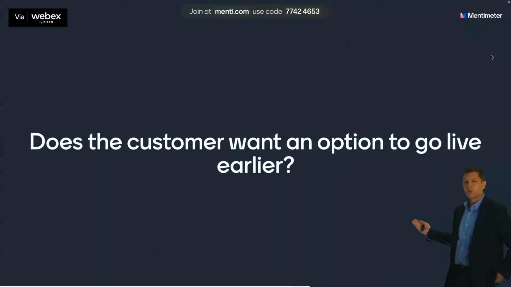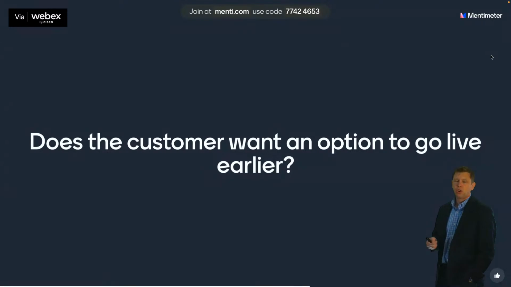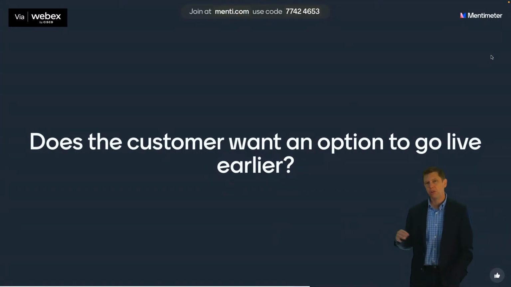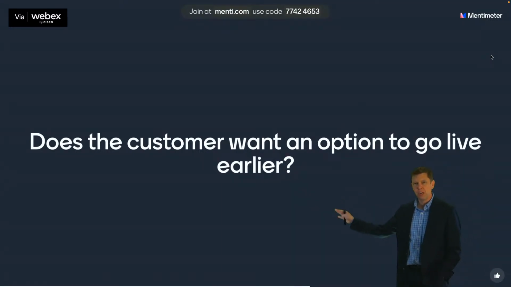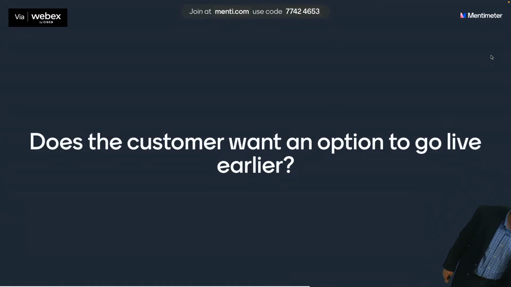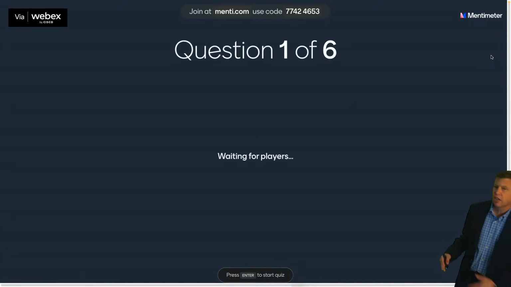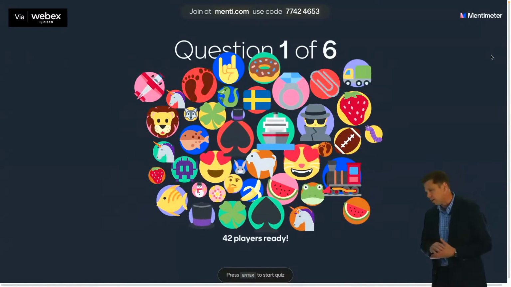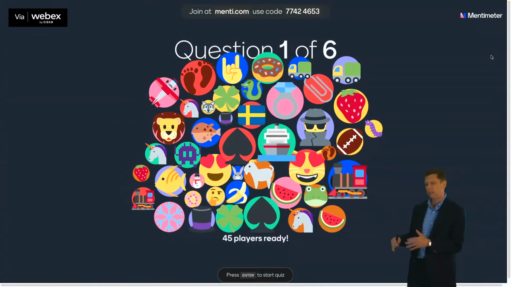So another way to ask the question is, does the customer want the option to go live earlier? Or are they fine with just saying, we're going to have one date when we could possibly go live, and whatever that gets pushed out to is when it is? I think most customers are going to be happy with having the ability to go live sooner, even if they choose not to go live until later because they want some more of those things that